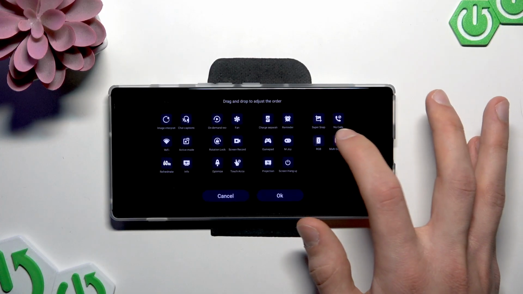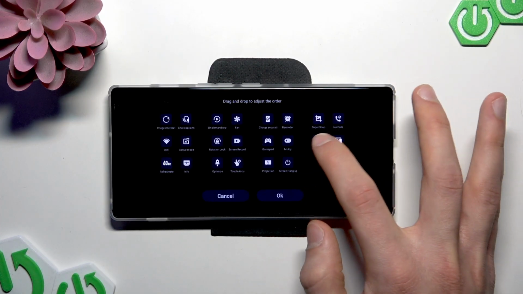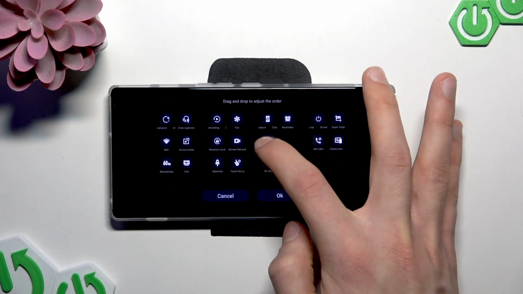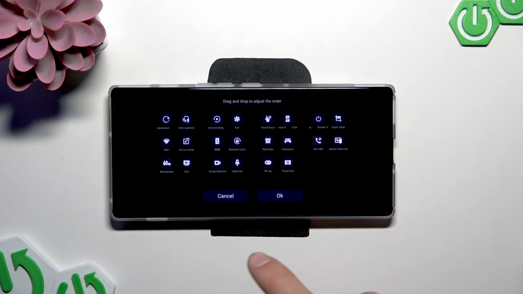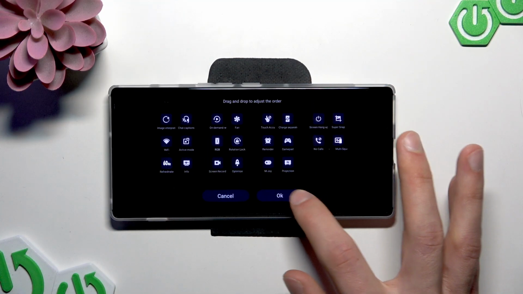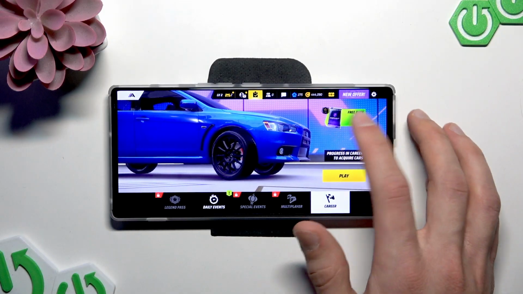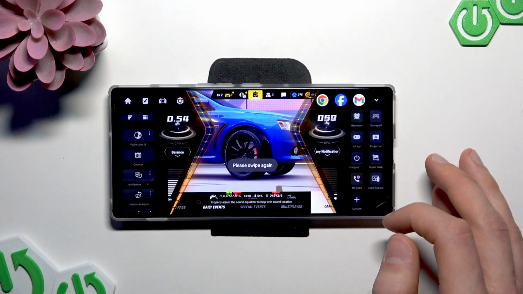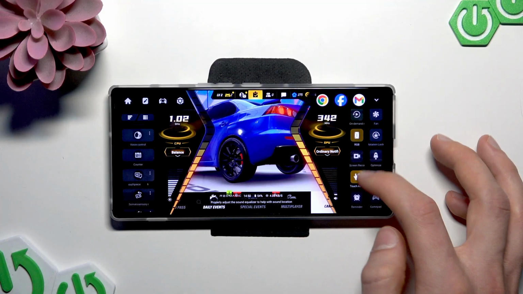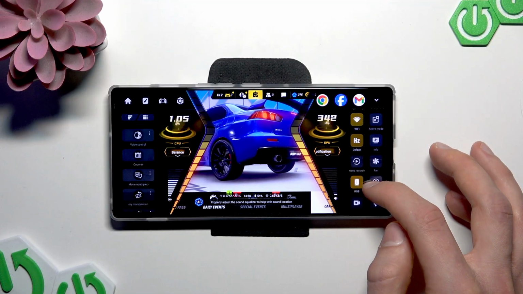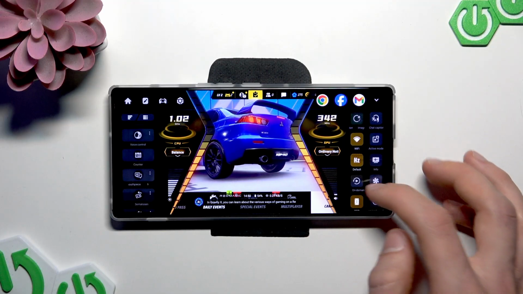that you want to replace. So just grab it like this and change its position. The more you put it to the left, the higher it will be in the settings menu. Then tap OK to apply settings, and right now the RGB feature should be slightly higher on the settings list